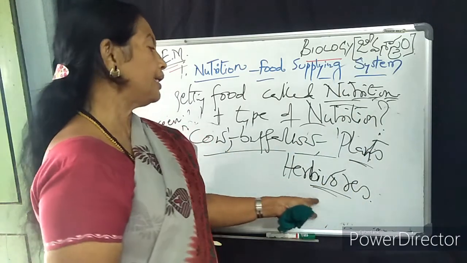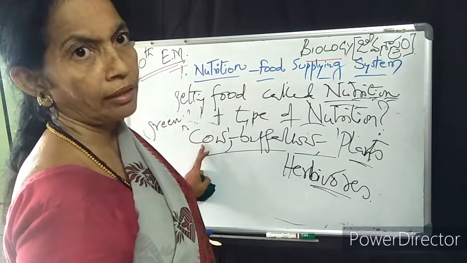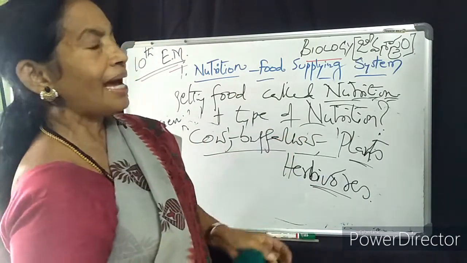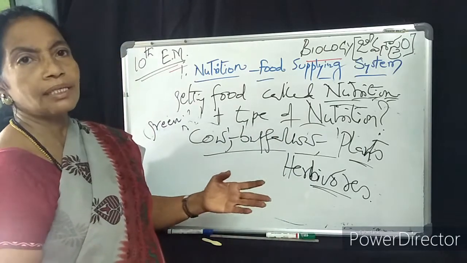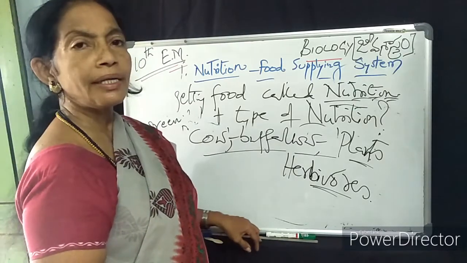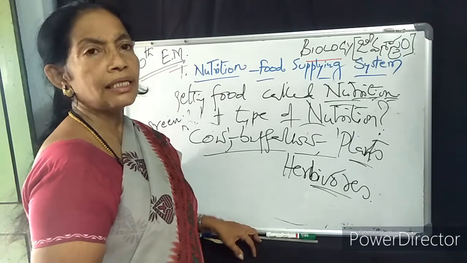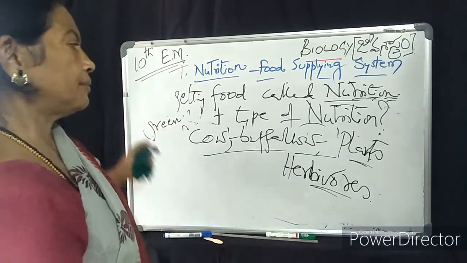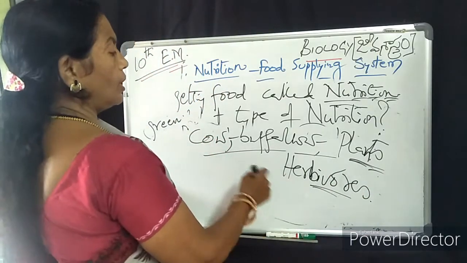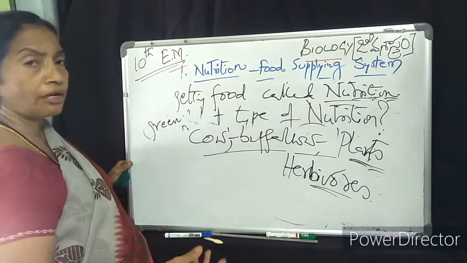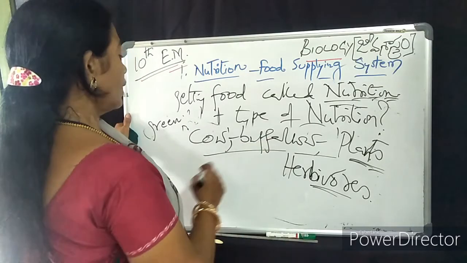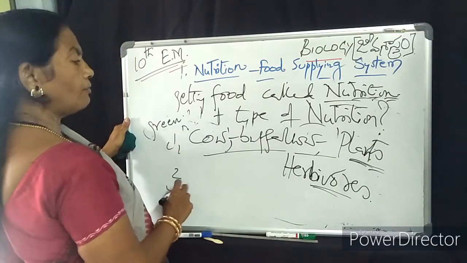Only plants they need. A cow will not eat fish or prawn. Donkeys, elephants, horses, all these animals will not take any mutton, chicken, fish, or prawn. That means they live only on plants. So this type of animals are called herbivores. So we learn two types of animals: herbivores and the other one, second one,